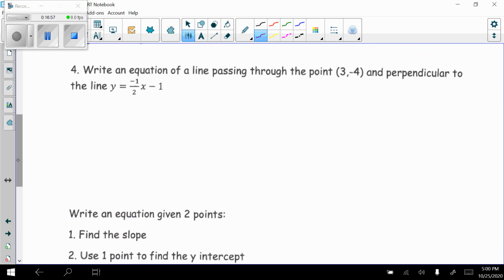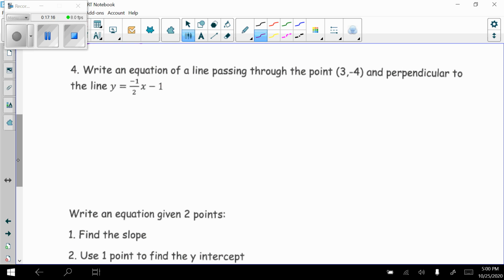Yet another example for you of this. And again, hopefully this is a review from Algebra 1. You should have done this in Algebra 1, okay? Write an equation of a line passing through the point 3, -4, and perpendicular to the line y equals -1/2